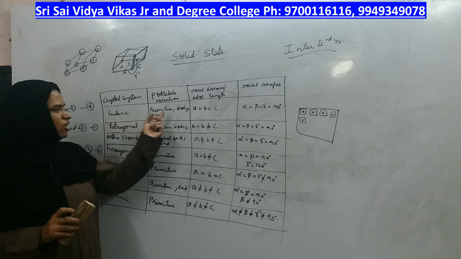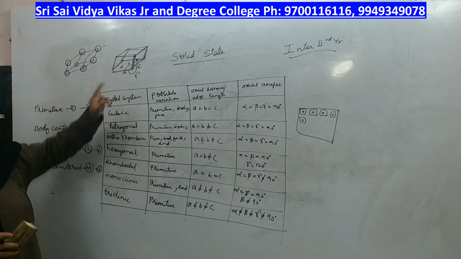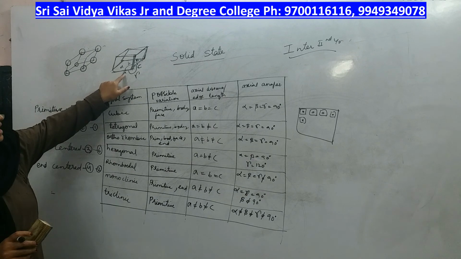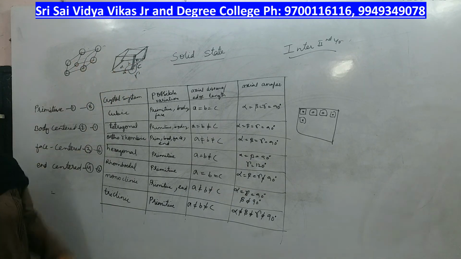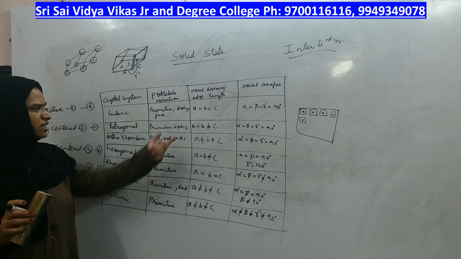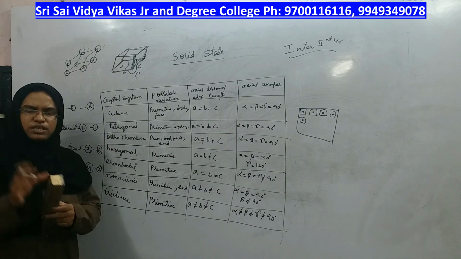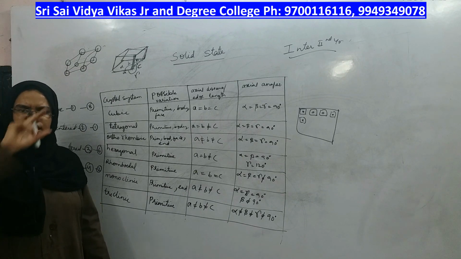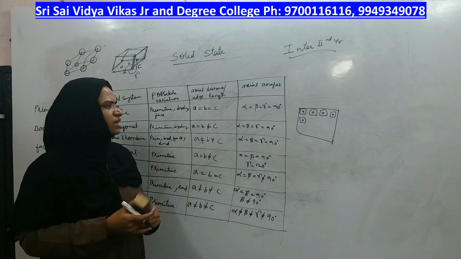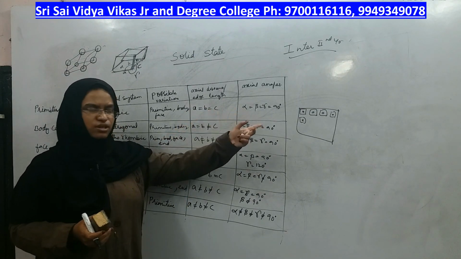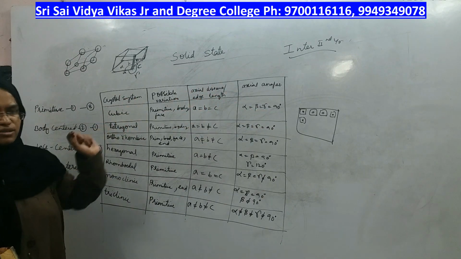So for cubic, all the 3 arrangements are possible, and when the shape is cubic, A length, B length and C length are all same. Cubic shape has all dimensions same, right? Therefore A is equal to B is equal to C. Whether the cube is of small size or large size, all the edges are of same length. Therefore A, B and C are equal, and if the edges are same, their angles are also equal: alpha, beta, gamma, all the 3 angles are 90 degrees only.